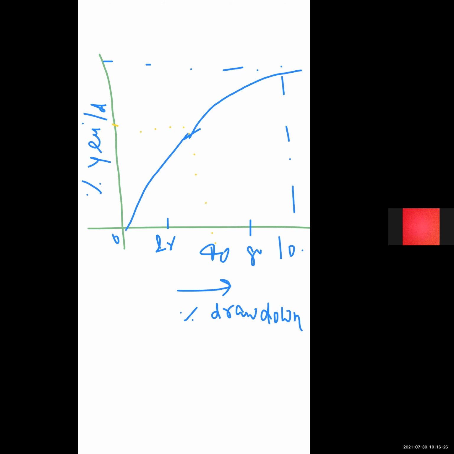The major advancement in this field was made by Theis, who developed a non-equilibrium formula by introducing the time factor, that is the t factor. This formula was derived by Theis in 1935 by comparing the flow of water with the flow of heat by conduction. The formula involves the solution of a complicated integral, which requires the use of various tables and graphs.